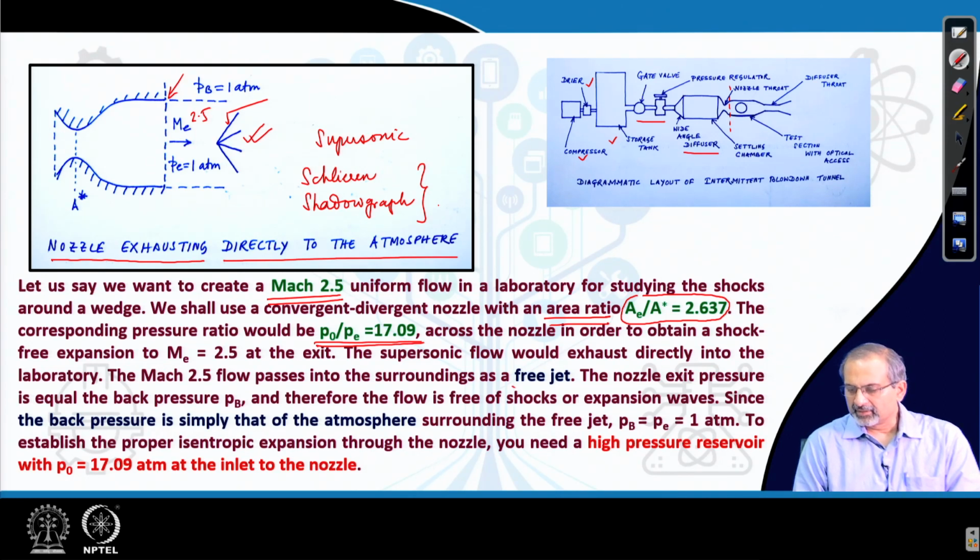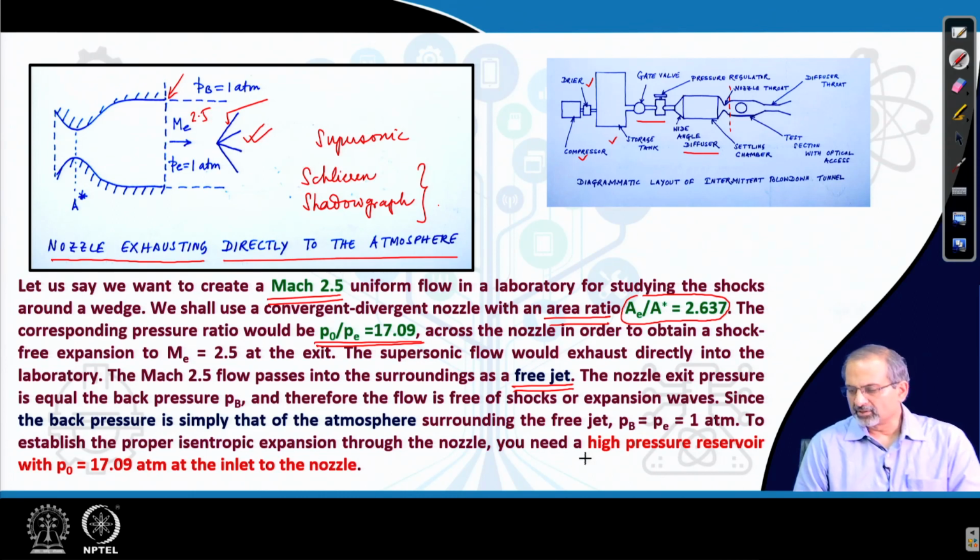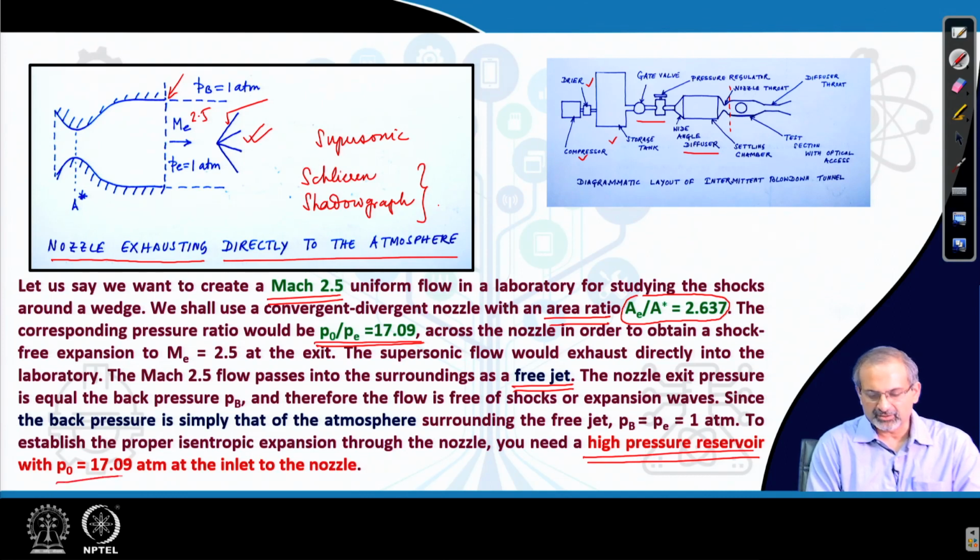If that happens, then what do you have? You have a supersonic free jet exhausting into the atmosphere. Now, what is the consequence? The consequence is that you have to have a high pressure reservoir which can store the gas at 17.09 atmosphere,